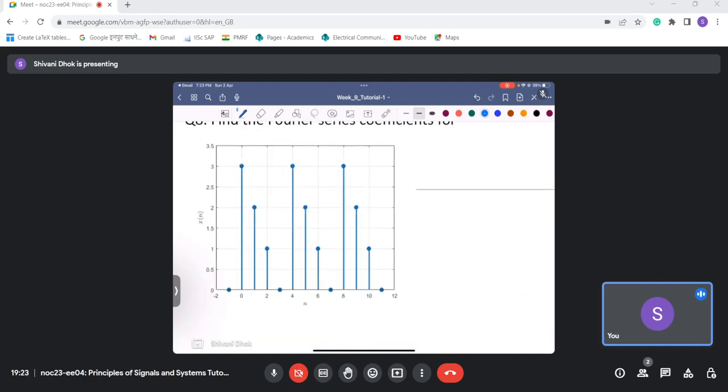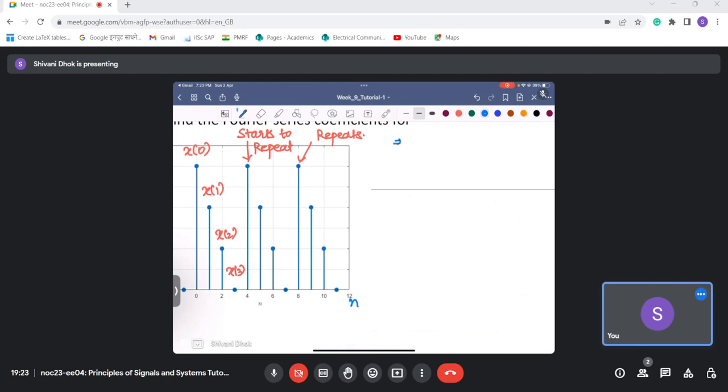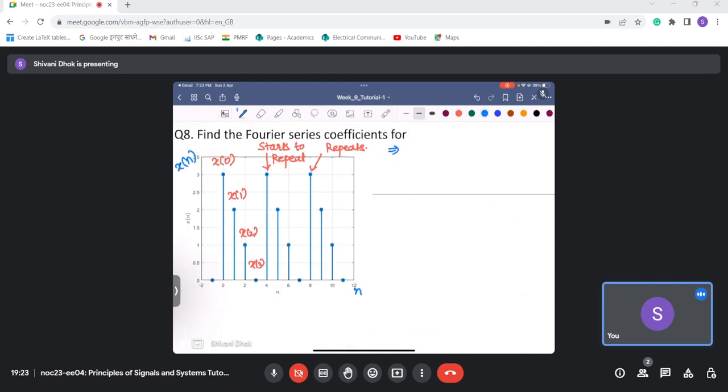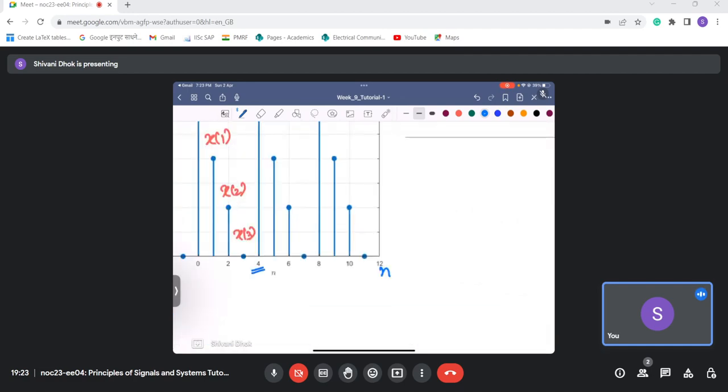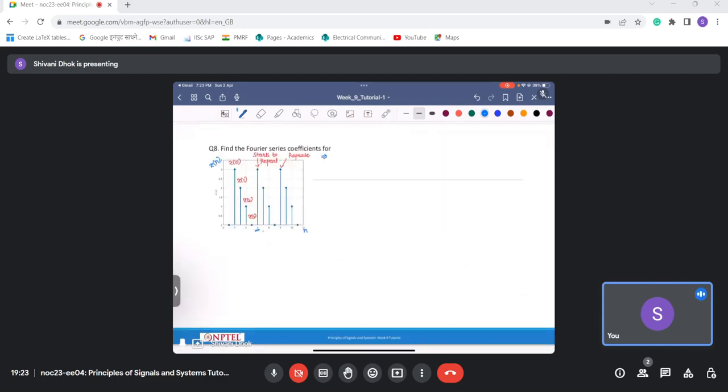Okay, so we have another example here. So this is my xn and this is my n. Now if you observe carefully, this factor here is basically x0, this is x1, this is x2, this is x3, and the signal starts repeating here. Again repeats here, which means that the x of n repeats itself after every fourth instance. So look here, it is basically repeating from the fourth instance. So basically this means that this xn is periodic